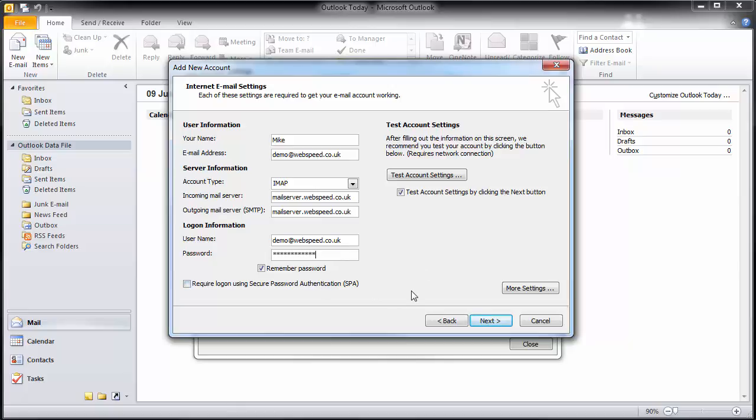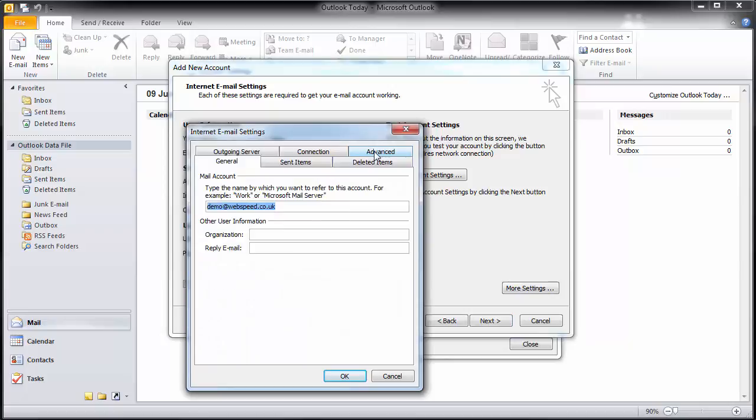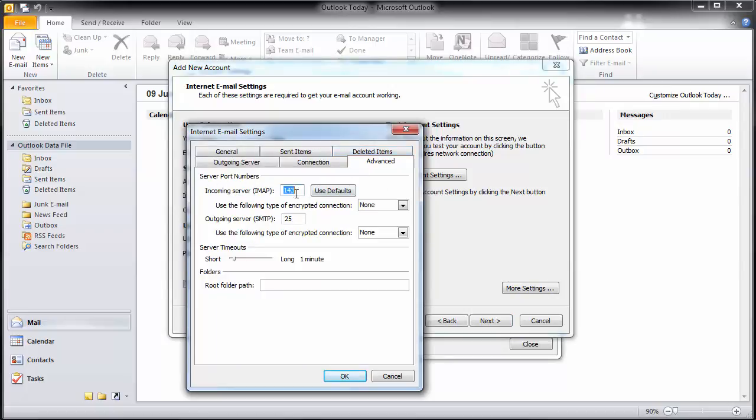Then you need to click on the More Settings button and go across to the Advanced tab. This is the correct port for IMAP, 143, so these ports are correct. You just need to change the encryption type to TLS here, and also here to TLS. If you're using an older version of Outlook or different mail software, sometimes they might not have the TLS option available. In that case, just leave it blank, because the server will use TLS by default anyway. But if you change those to TLS and then click OK,